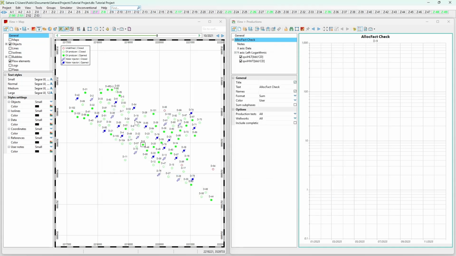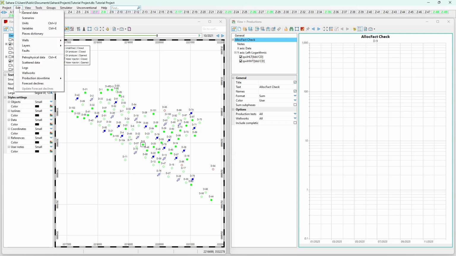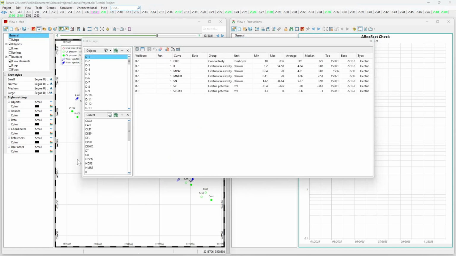So now the log files are loaded in Sahara, and we will be able to check on them later in the next exercise when we create the template for the log window. But for now, let's go to log configuration. For that, we will go to edit logs. So now here in the log edition window, we have two different filters that we can use to review